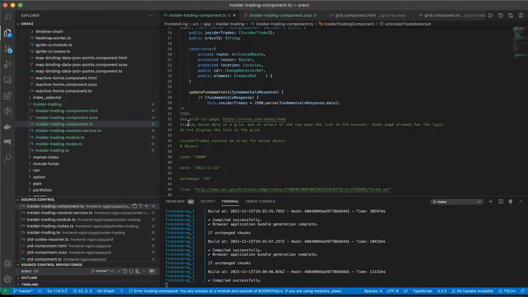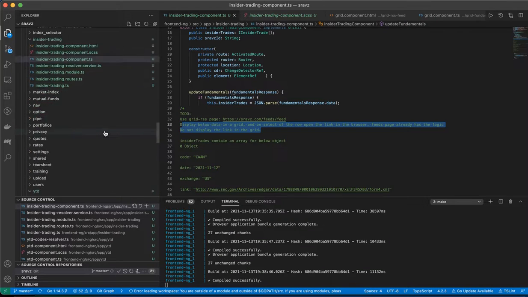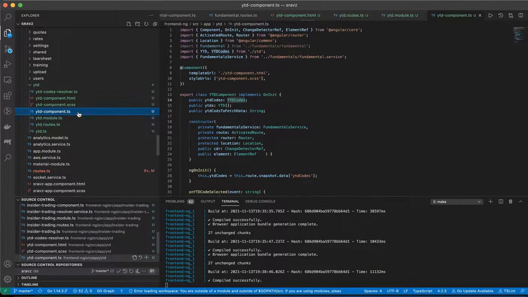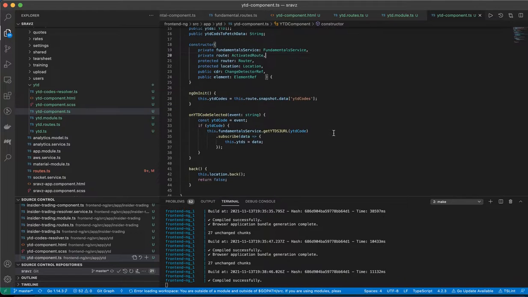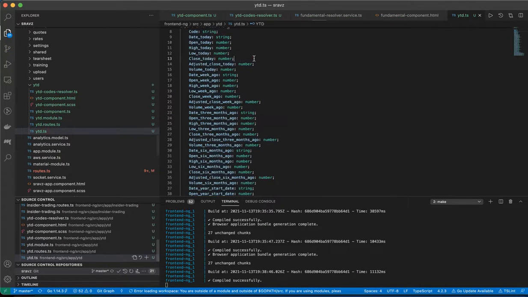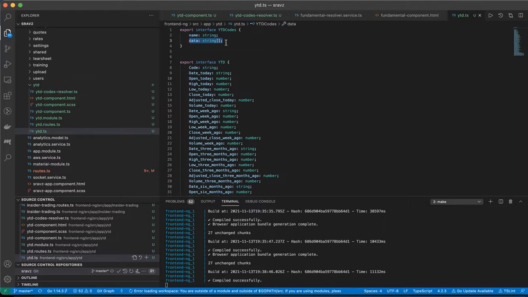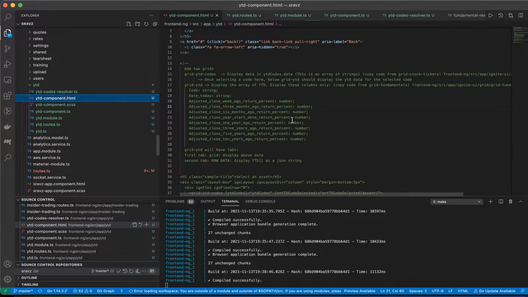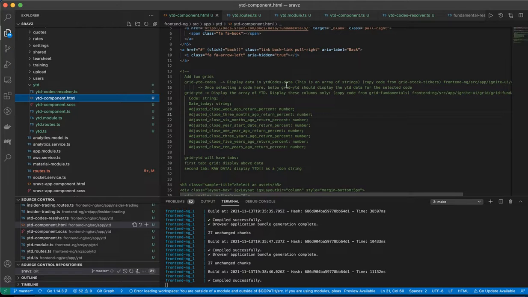I wrote some details here. Just use the RSS grid page, which is there, and then it has some more information which I just discussed. Then in the year-to-date component, similarly, on route resolution, you will have YTD codes. YTD codes are just a list, and you have to display this piece. So I mentioned it here: display data in YTD codes.data. And then once you select a code in there,